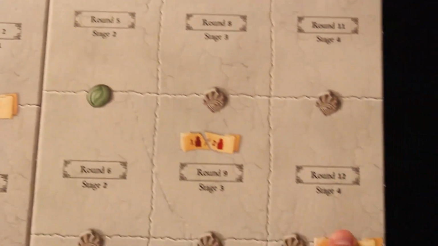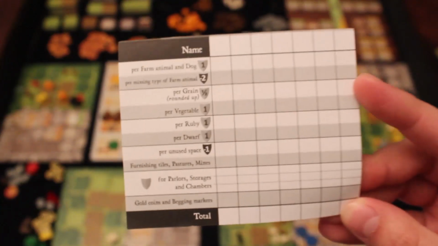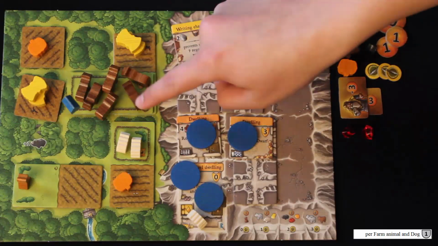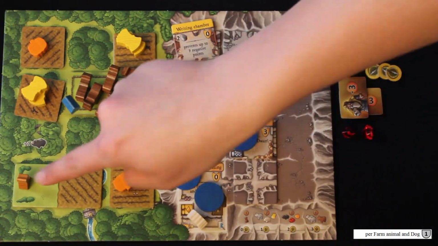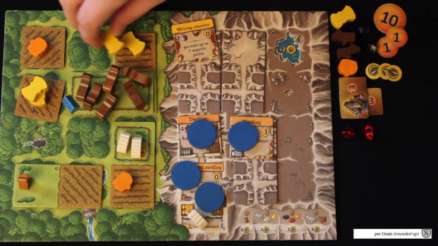Games will continue until the end of round 12, then it's time to score and find out who wins. The included scoring pad makes this simple. You will get 1 gold point for every animal you have, including dogs, -2 gold points for every farm animal that you do not have, not including dogs because they aren't farm animals,